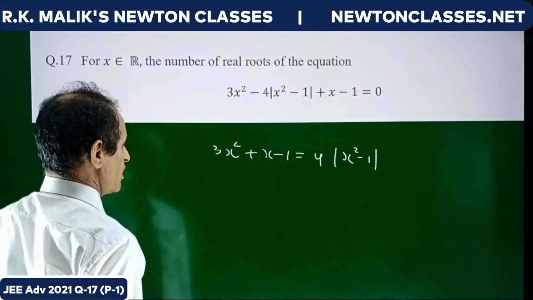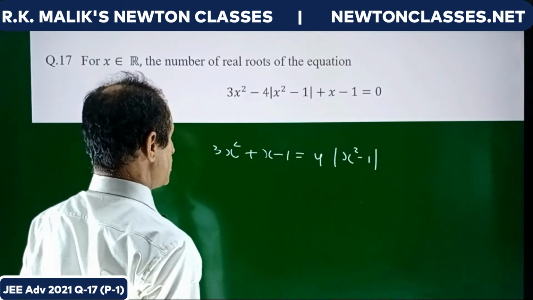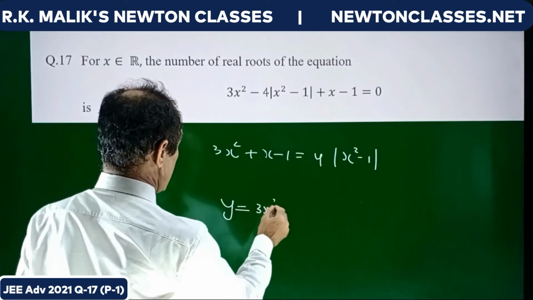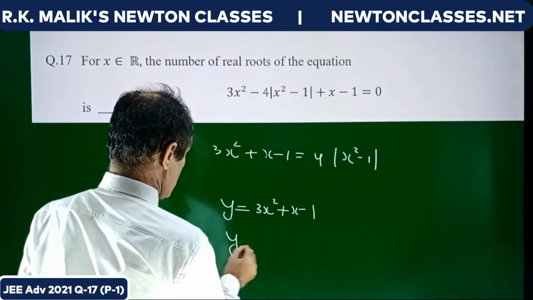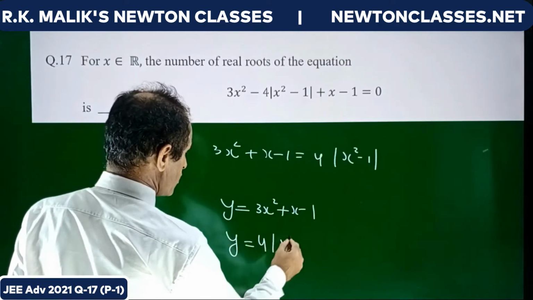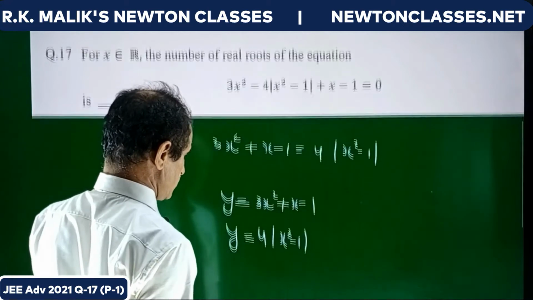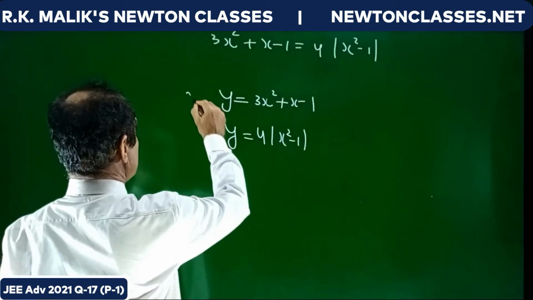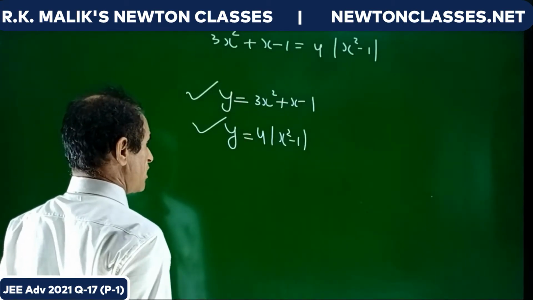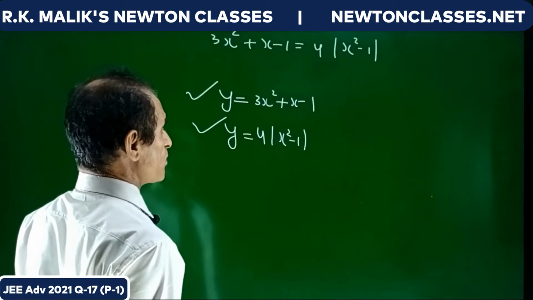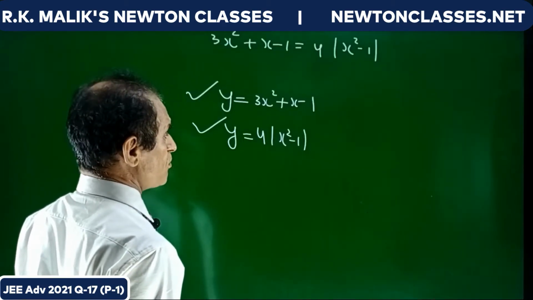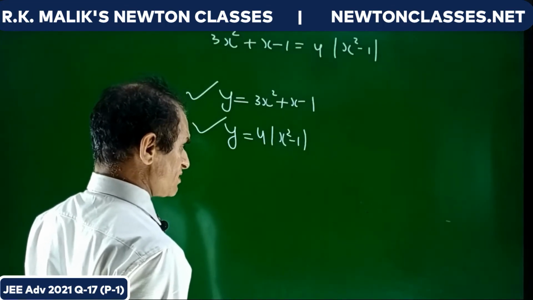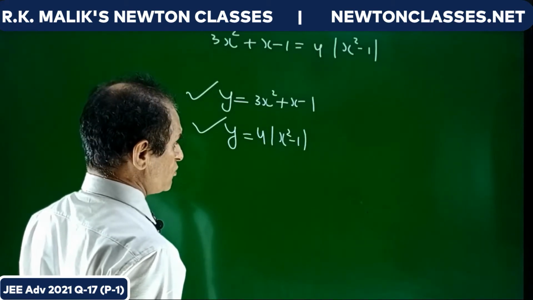x square minus 1. After this, as usual, the next step will be to draw the graph of y equal to 3x square plus x minus 1 and y equal to 4 into mod of x square minus 1. And now everybody will say that draw the graph of these two in the same coordinate axis and find the number of points of intersection, and number of points of intersection will give you the number of real roots. Let me complete it first, then I will tell you the interesting part where you can easily